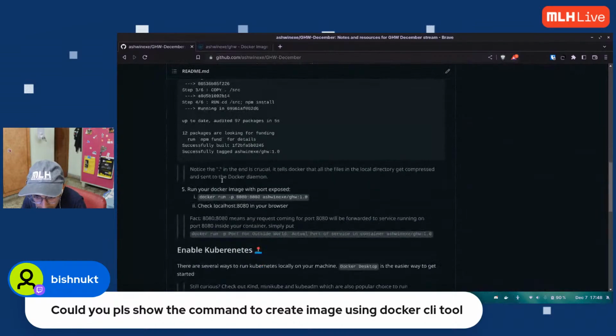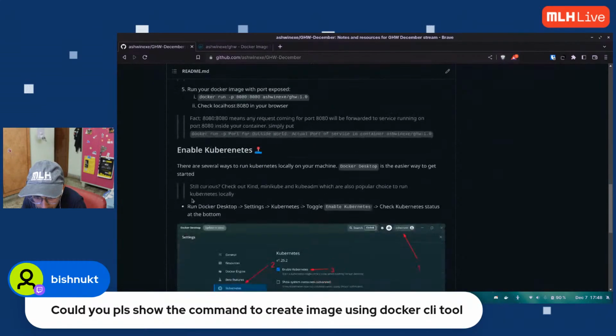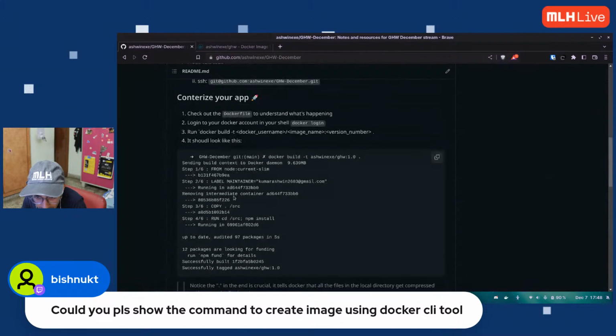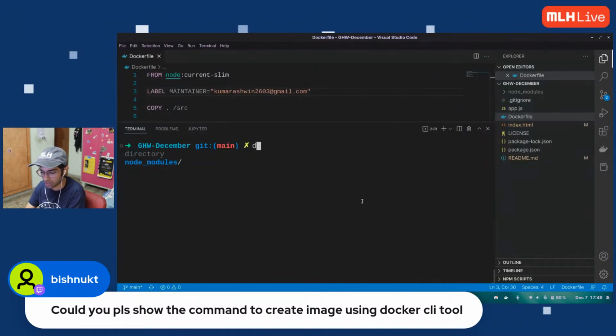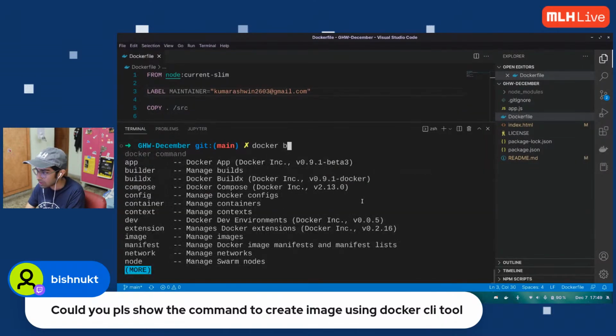So the command should be, okay, interesting. Oh yeah, they're right there. Oh, okay, there's some formatting issue. This is the command right here. Docker build -t, your username, image name. Let me just show you how to do that. So it's docker build